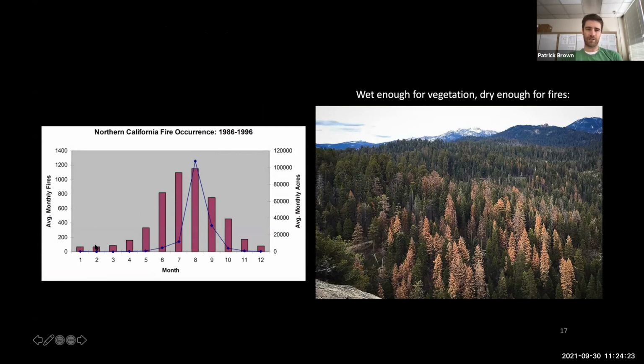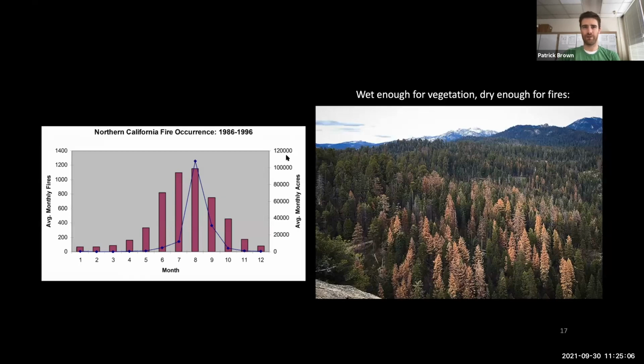We see not a lot in January, February, March. Then we go a little bit up in April, May, June. Then July, August, September are the times of year when we have the most fires. And that's because it's the time of year when we're in that dry zone, which is most conducive to fires. Okay, so that's the base state of California fires, why California in particular is conducive to fires.